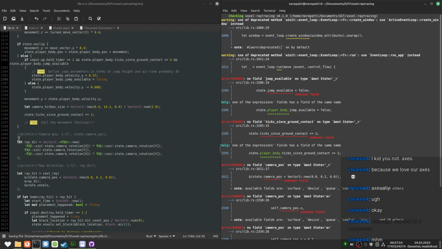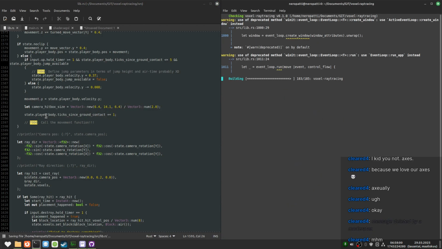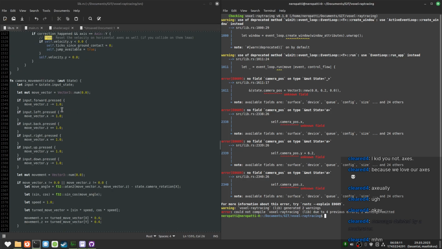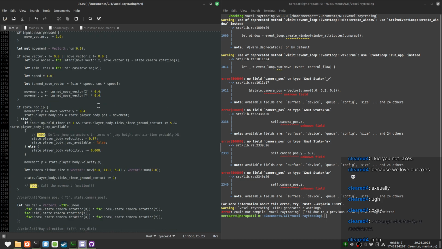Fine. Let's just fix this one as well. I can only see myself in the future changing this, so this is like a player movement function, if I have multiple players or something.